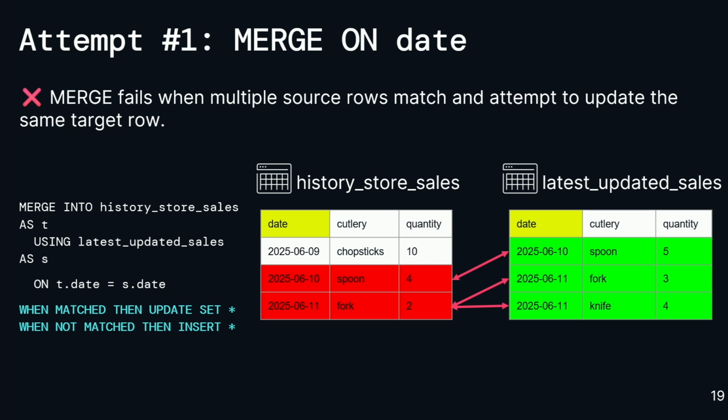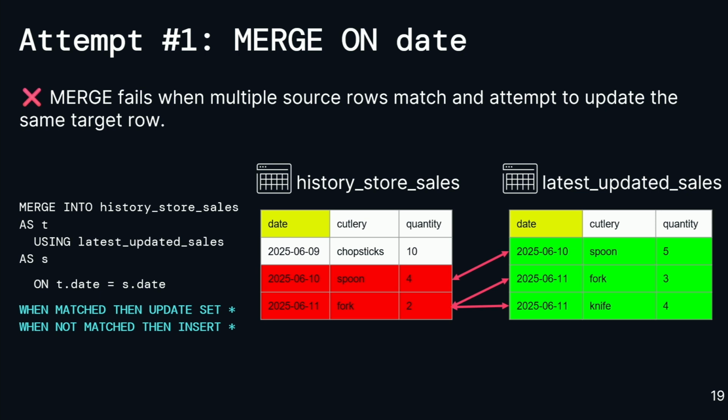So here's attempt number 1 that you could do. Let's say that you just merge by date. We have the same example as in the introduction. You do merge on and match on the date column, and just a simple upsert criterion. So when matched, then update. When not matched, then you insert the row. Super simple upsert. And now what you can see is that it does match all the rows for the corresponding